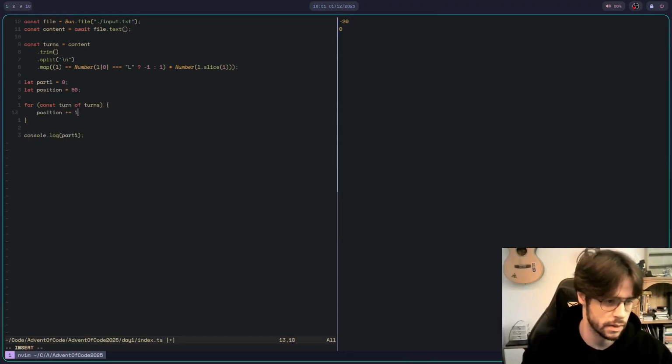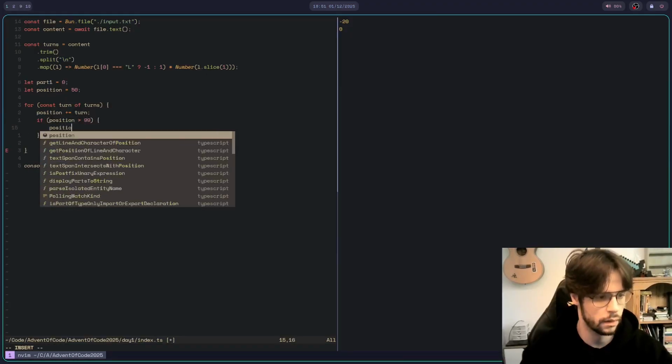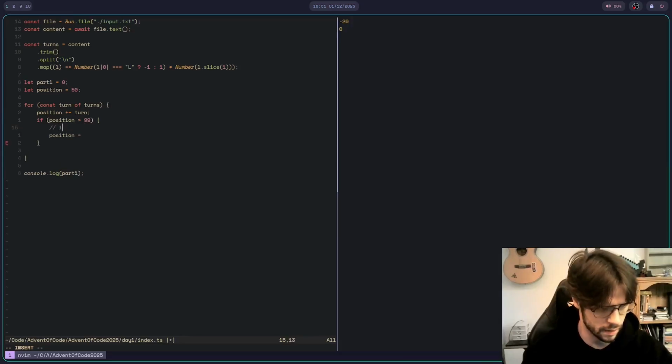Let's go position plus or equal turn. Okay, plus or equal turn, and we go if position bigger than 99. Position is equal, so if it's 100 equals 0, 101 equals 1, so actually we go